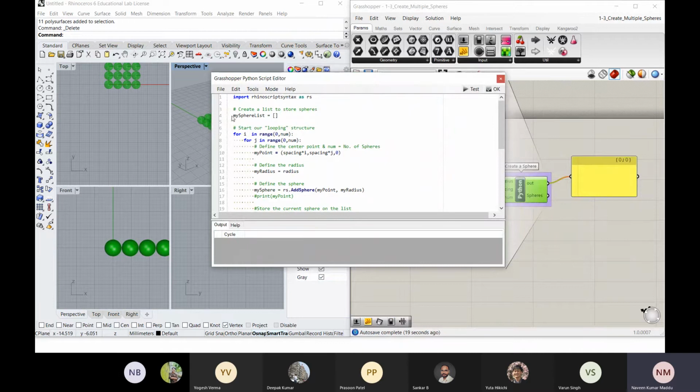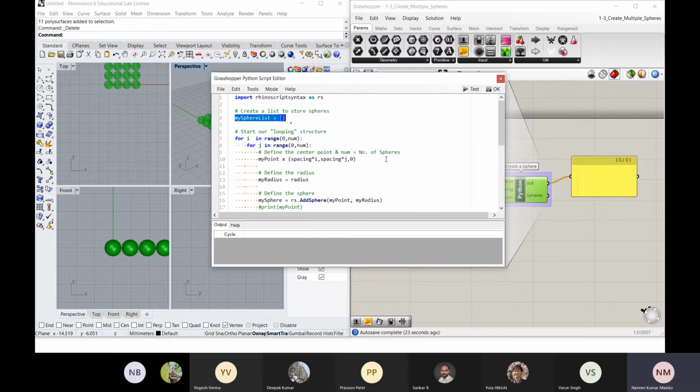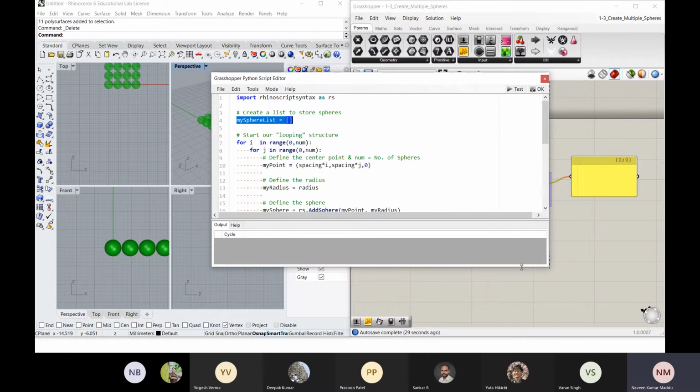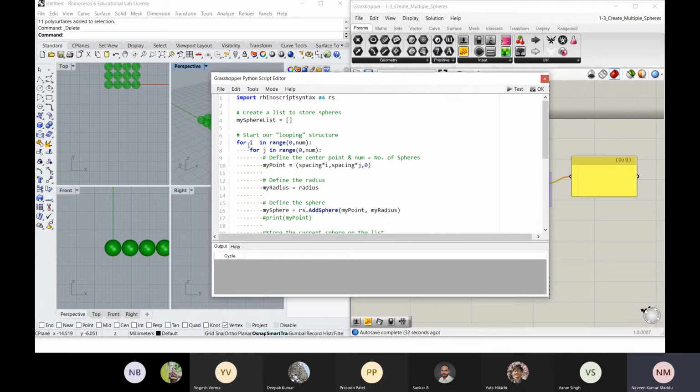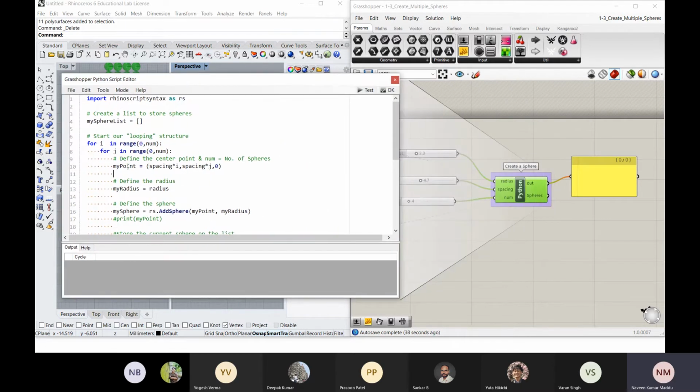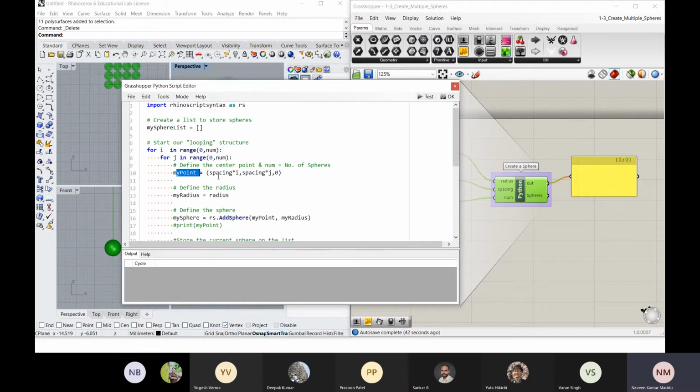So basically you're trying to create a sphere list here. Let me zoom that. You're ranging it with i and j, which are the x and y directions, and you are creating my point, with spacing as your variable, and i and j as your x and y values.